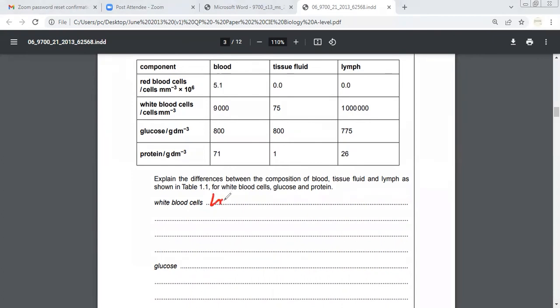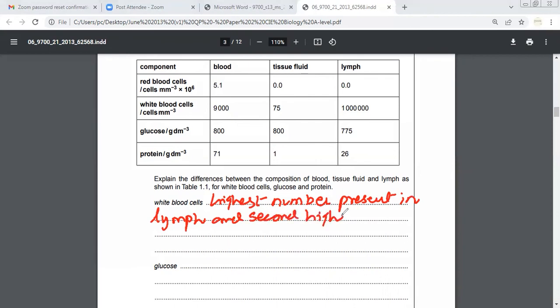So highest number present in lymph, and second highest in blood, because blood is a transporting medium. तो ये एक जगह से दूसरी जगह इनको ट्रांसपोर्ट भी करते हैं